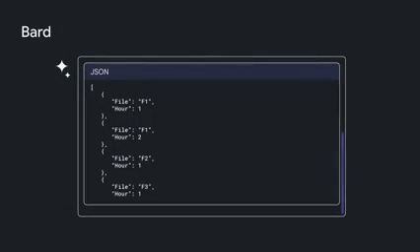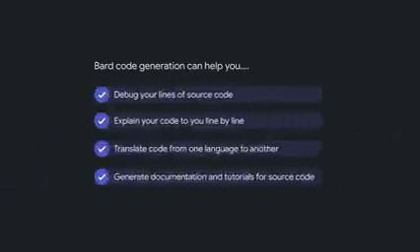It gets better. I happen to be using Google's free browser-based Jupyter Notebook, known as Colab, and I simply export the Python code to Google's Colab. To summarize, BARD code generation can help you debug your lines of source code, explain your code to you line by line, craft SQL queries for your database, translate code from one language to another, and generate documentation and tutorials